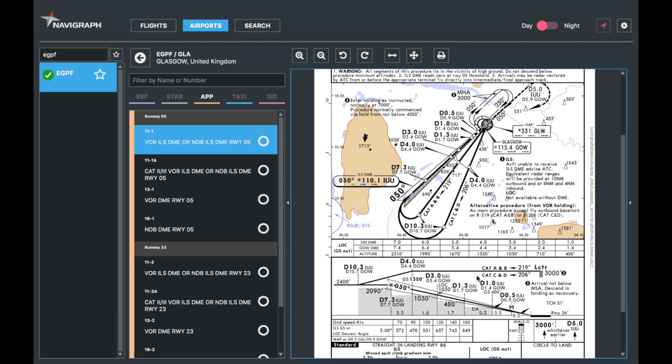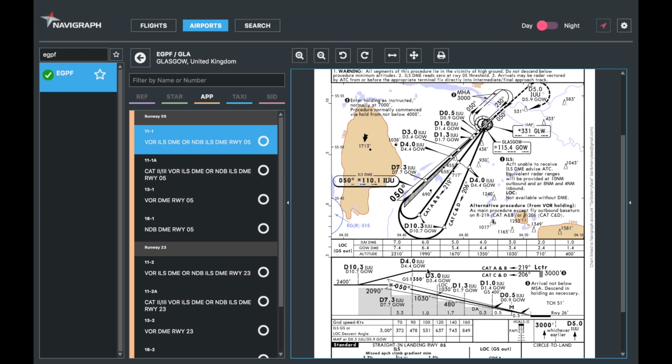For instance, here, you're not going to get the hold information, such as the tracks for the holds, and you're not going to get the missed approach. What you will get, though, is the outbound tracks, and the fact that you should be descending from DME distance 4 down to 2,400 feet. So once you leave the hold, you can maintain your altitude of 3,000 feet, and then once you reach DME distance 4 IUU or 4.4 GAL, you can commence descending to the platform altitude of 2,400 feet, where you will intercept the